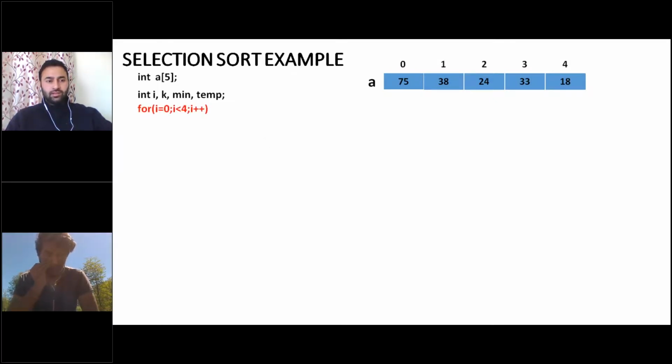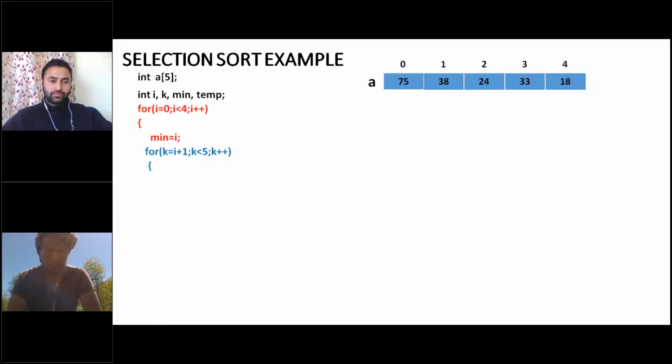Now see directly, this is the outer loop. Initially you assume that the element at the 0th location is minimum. See, the outer loop will run from 0 to 4, and initially what will you assume? That the minimum element is at the 0th location. Then you will compare this element with every other element in this array, and if you find any other number which is smaller than this element, then you will swap this element with that minimum. Okay. See the working of this loop.